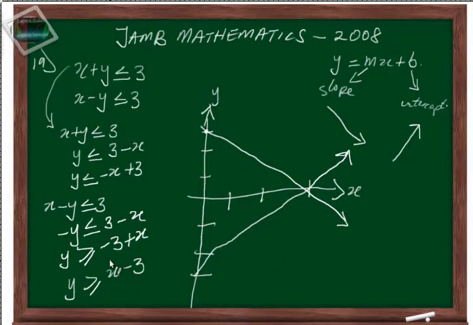Okay, looking at the first inequality now, y less than or equal to minus x plus 3. So y is below the slope since it is less than. So y will occupy any space here and here. Now looking at the second inequality, y greater than or equal to x minus 3. Since it's greater than, it's going to be above the slope, so we have this,